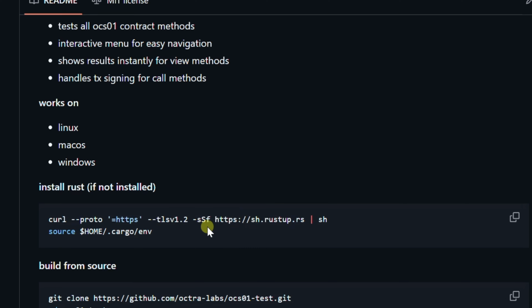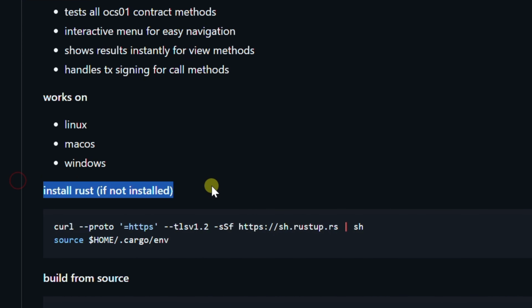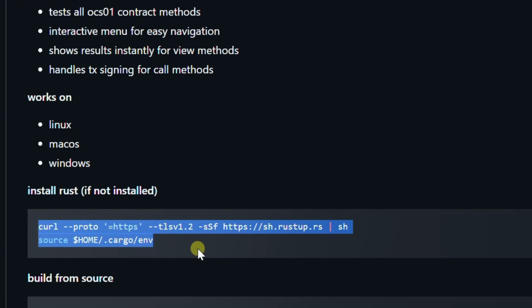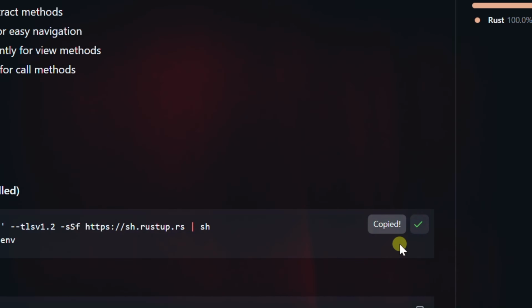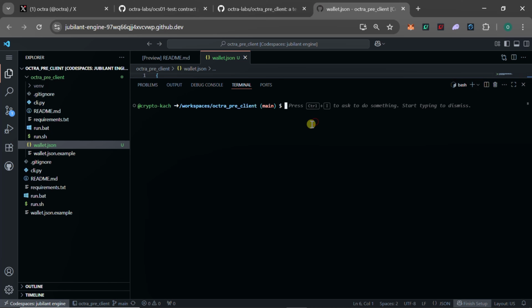The first one is to install Rust. All you need to do is to come to this very first code here and click on the copy icon. You copy it, you return to your codespace, and the next thing you're going to do is to paste the code you copied. I'm just going to paste it here. Once it is pasted, I'll press enter on my keyboard,